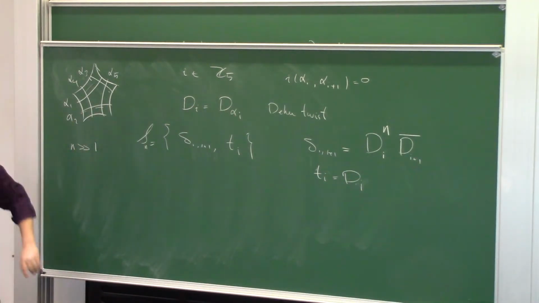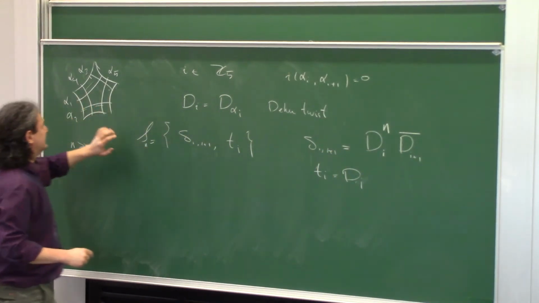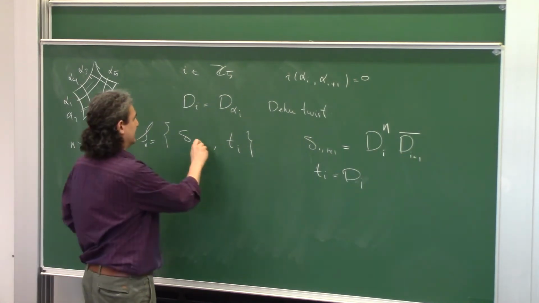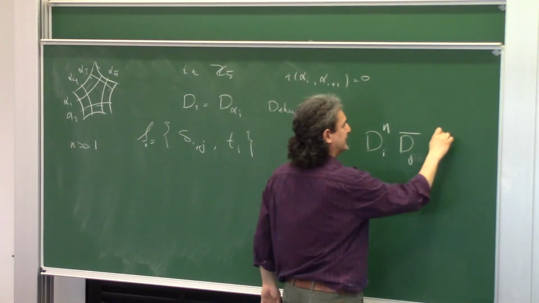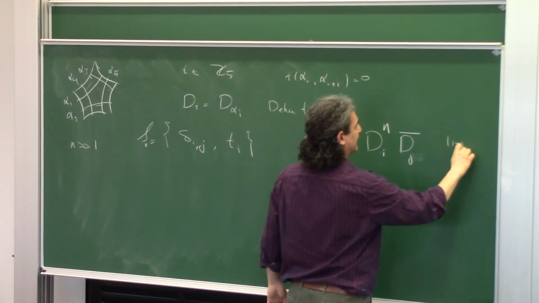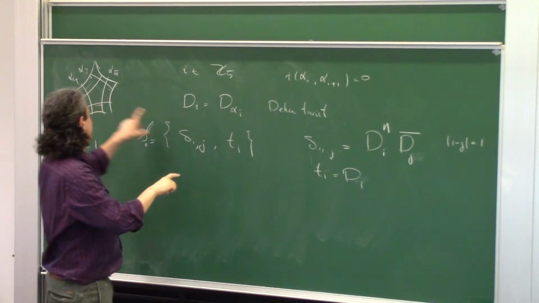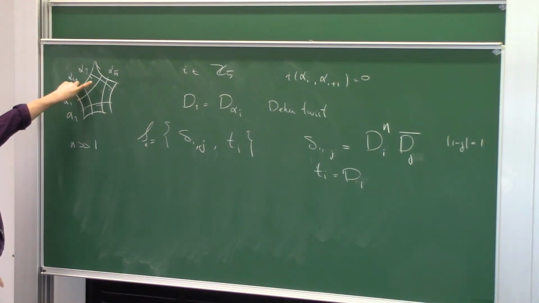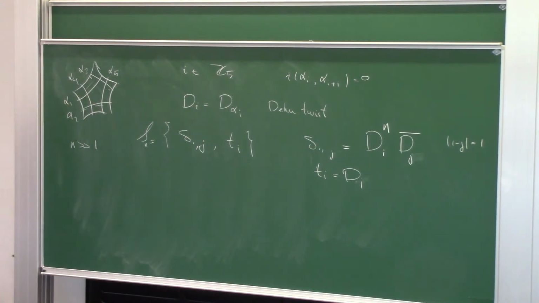So this Ti is just the Dehn twist around the alpha i's and their inverses. They would already generate everything. Maybe I should call this Ij, where I want i minus j to be equal to 1. So you could twist around the previous guy or the next guy, I don't care. If I twist a lot along alpha, then I have to pay a price by twisting around one adjacent guy in the opposite direction.